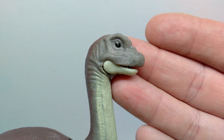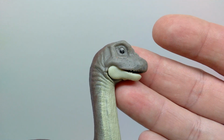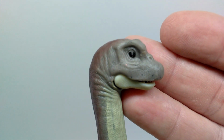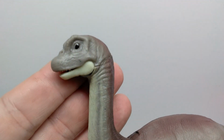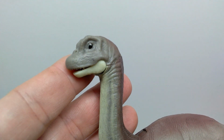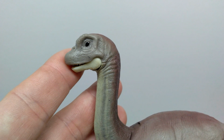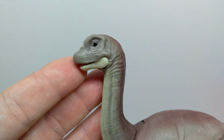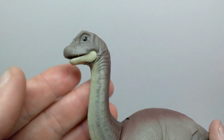We have some very nicely painted eyes, given a nice black and a really nice gloss coat to them as well. Although I will say that the eye is not perfectly placed, but it's pretty good for the most part. This side actually looks exactly the same, it's just slightly off. So maybe if I find one in store that has a little bit better eyes, a second time, then I'll pick that one up and change it out for this one,